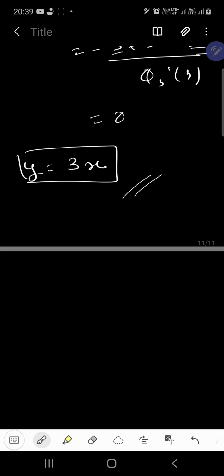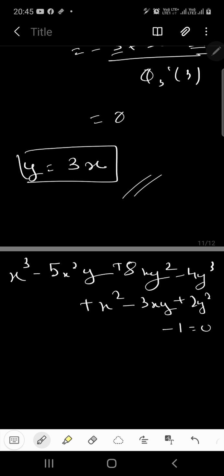Got it? So this is the actual method in which you find the oblique asymptotes. But now the problem arises if you have repeated values of m. To understand this problem, we will take another example of an equation of a curve. We will go through the process of finding it, and when we encounter the step where we find the repeated values of m, then we will see how to deal with that problem. So let us take this particular equation, and we are going to find the oblique asymptotes to it.